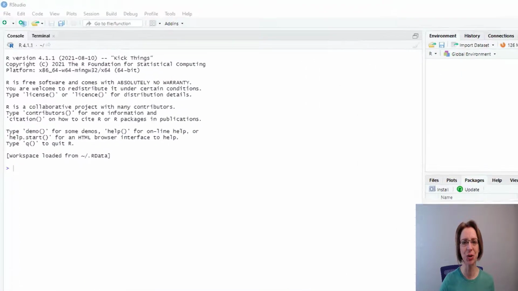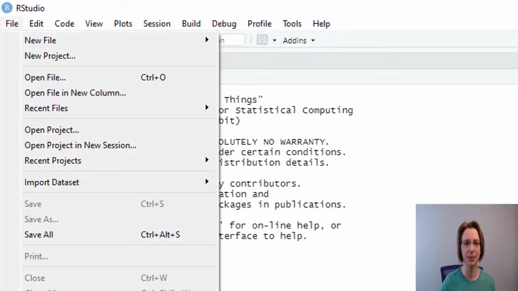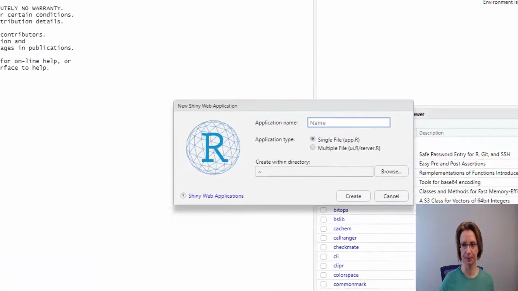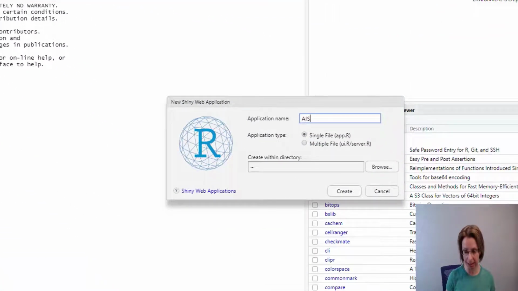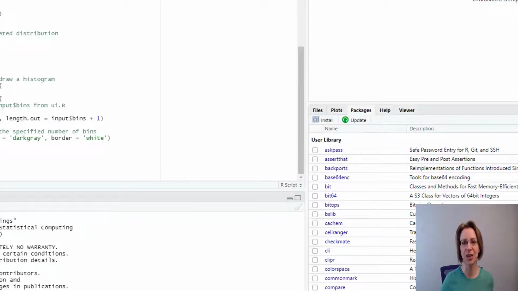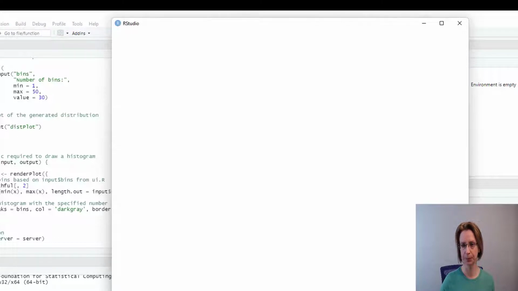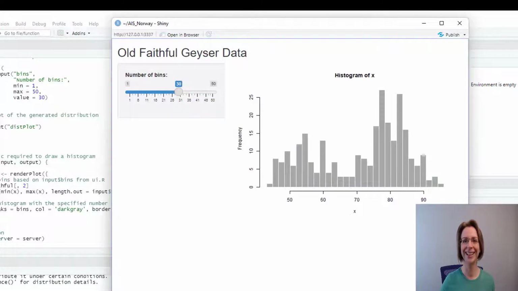Once inside RStudio, I go to the top and do File, New File, Shiny Web App, and I will call mine AIS_Norway and click Create. First thing I always do is make sure that the app is going to run. So if I click Run App, it should load with some dummy data and dummy diagrams within it. There we go, our app has loaded with our dummy diagrams and data, so that looks good as a starting